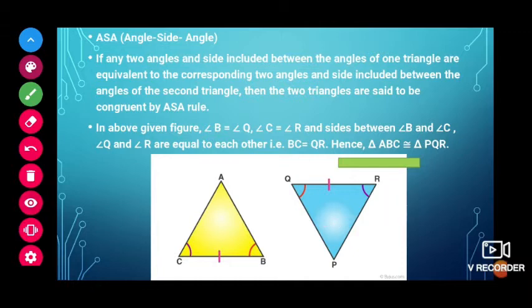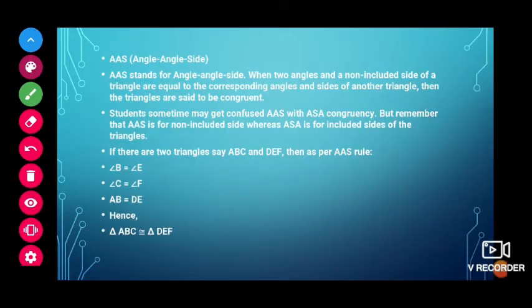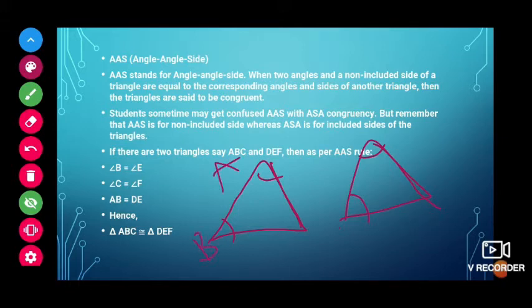Next, AAS. It means angle angle side. If two triangles are there and two angles followed by one side are equal, then we can say that the two triangles are equal. If the two triangles are A, B, C, and D, E, F,